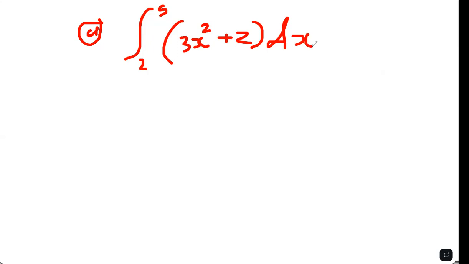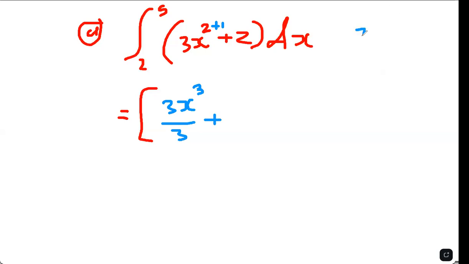This is the question that we have. So remember what I said, when you're solving this question, solve as if we are solving indefinite integrals. The only difference is that we're going to put the brackets. We're not going to say y is equal to, we'll put the brackets like this, and then we integrate. Remember how to integrate: power plus 1. So we'll have 3x, the power 2 plus 1, which is power 3 over 3,